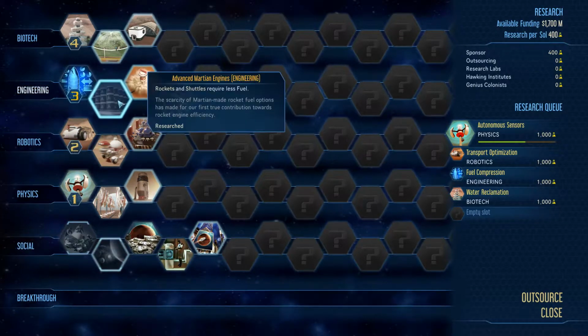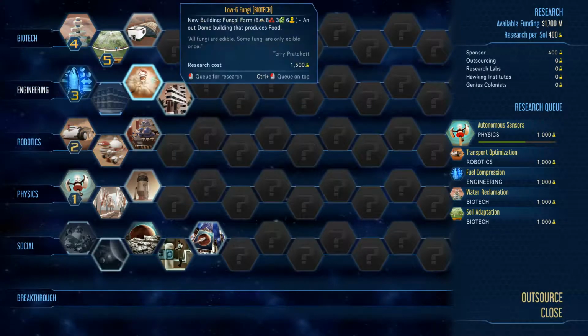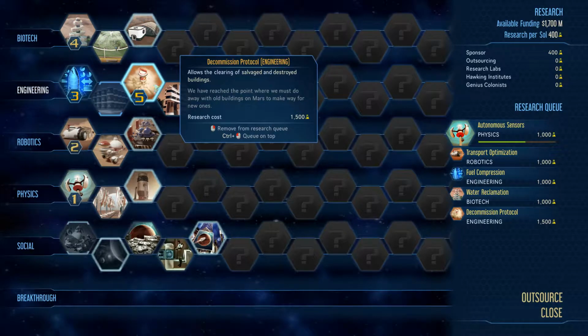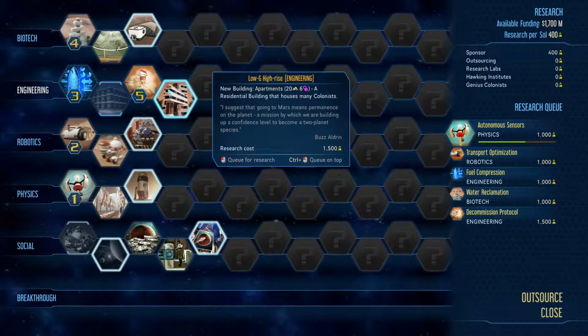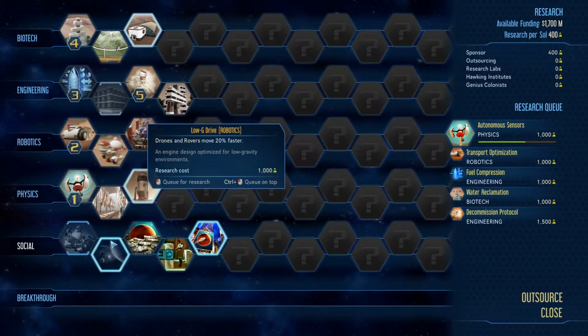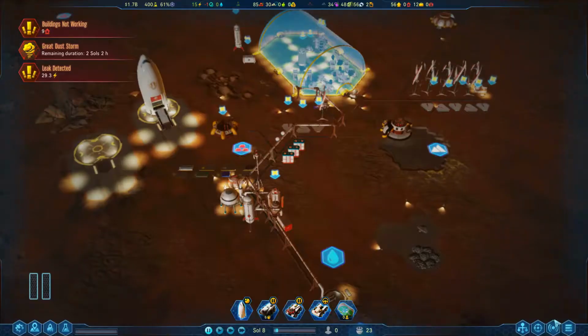One of our researchers finished. What's this one? Oh, this gets us farms. Yeah, we want that. Oh, scrap that. We want this first to destroy old buildings. This gets us apartments, drone swarms, faster moving drones. We want all of these eventually, but